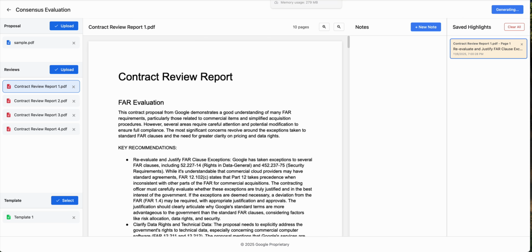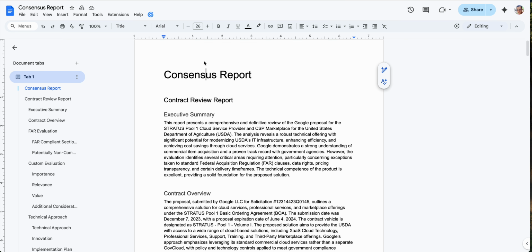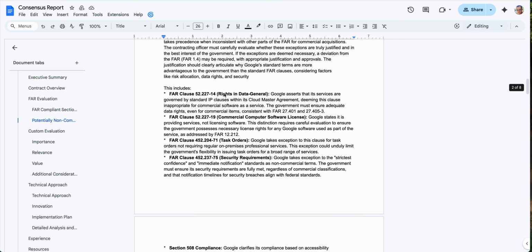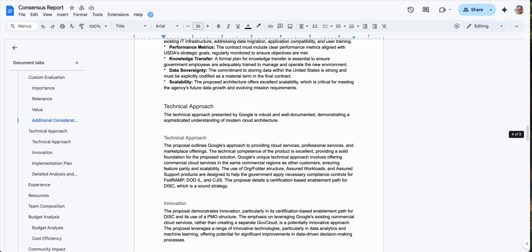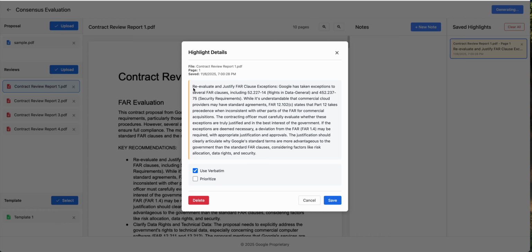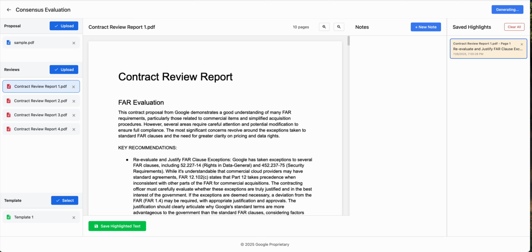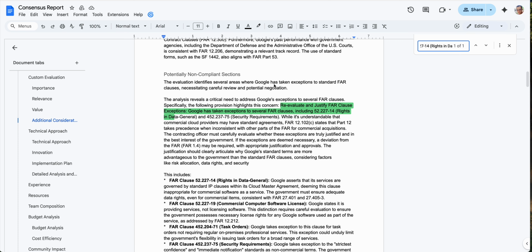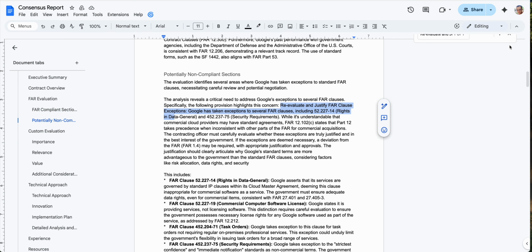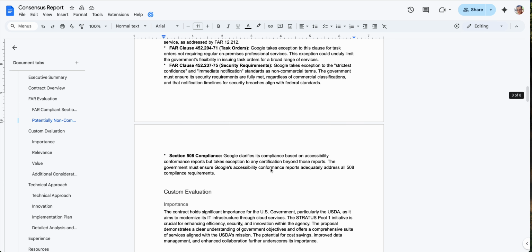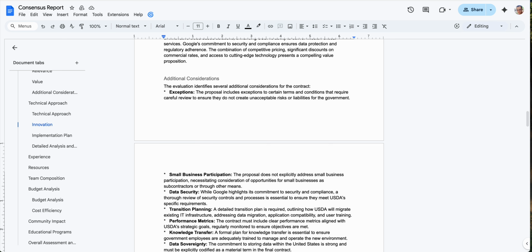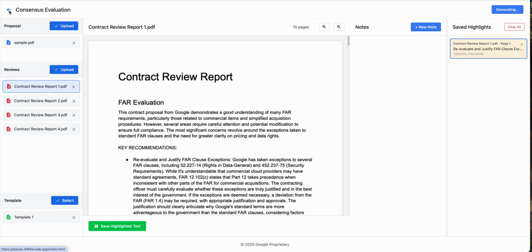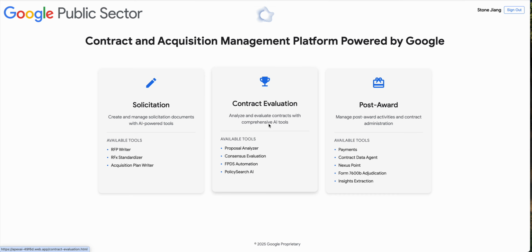So I'm going to move to what a pre-generated consensus report looks like. Again, this is delivered in Workspace. It's going to follow our template criteria exactly. And this one was generated with this particular section here, asking it to be stated verbatim. And as you can see, the AI agent was able to embed it directly into its evaluation, into a spot that flows naturally and makes sense. So that is the consensus evaluator. And I'm going to go ahead and move on now